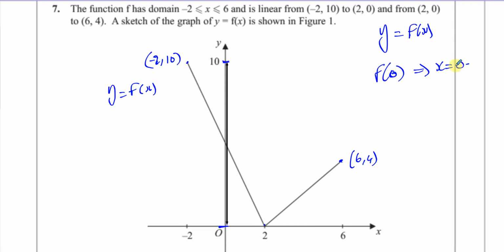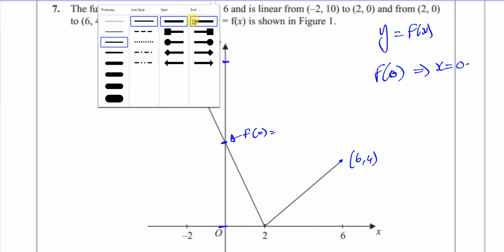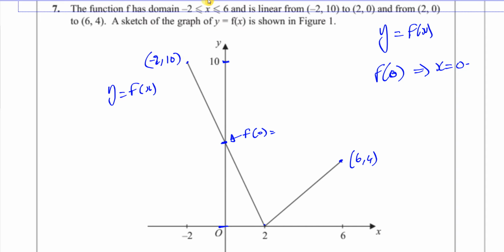When you replace the x with 0, basically you see where the line cuts the y-axis. Where it cuts the y-axis is when x equals 0. So this value of y is what f(0) is. This is what you get out of function f when you replace the x with 0. So we've got to find the value of this particular point. We could actually find the equation of the line and do it, but there's an easier way of doing it, which is by simply